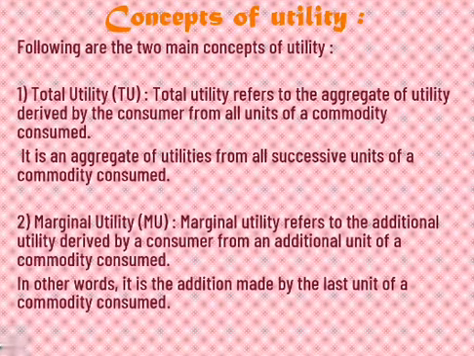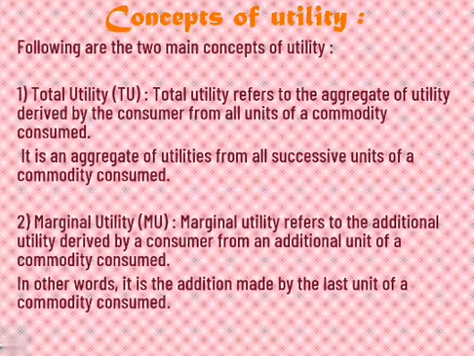If we go further, and the person is going to consume the third piece of pizza, that third piece is called the additional unit. The person has already consumed 2 pieces, and the third is called marginal utility. So after consuming the third piece of pizza, the total he has consumed is 3 units, 3 pieces of pizza.